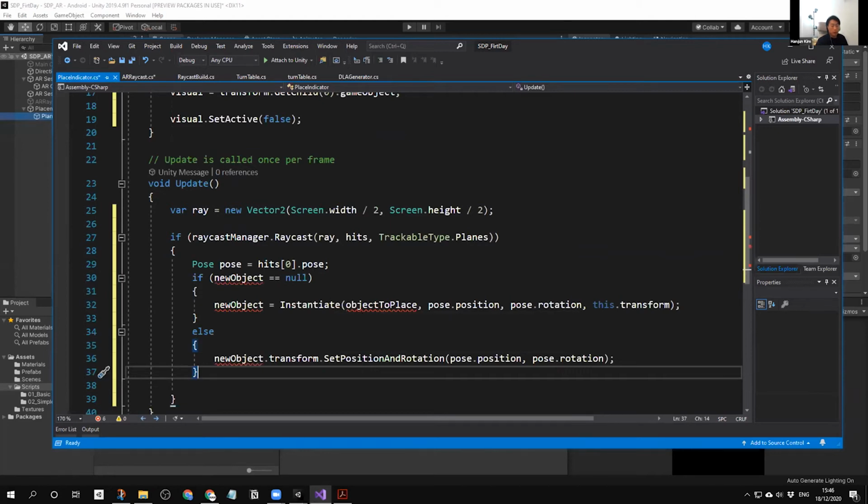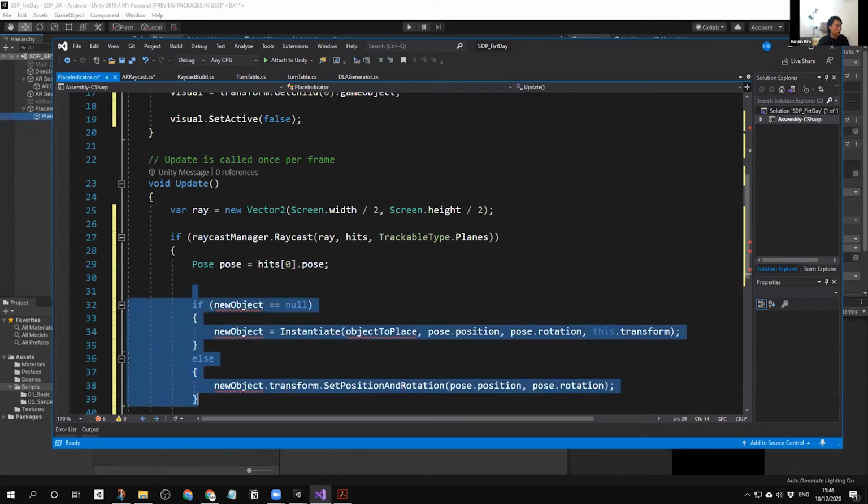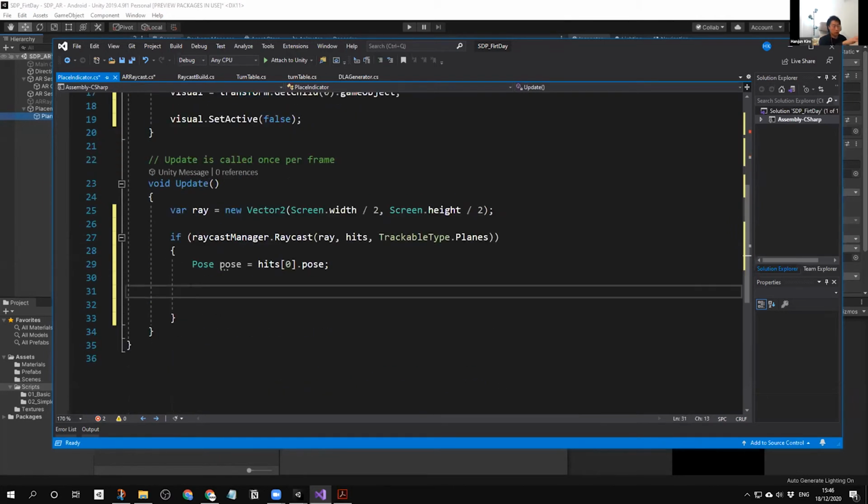However, this time we are not going to generate a new object, right? We only need to get the position of the ray casting. So here we don't need this one actually. All we need to do is this one, the place indicator, which indicates the location and position, right? So transform position is equal to,